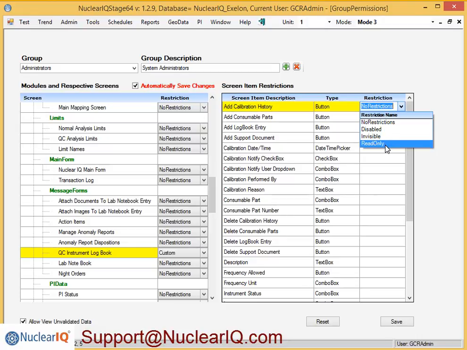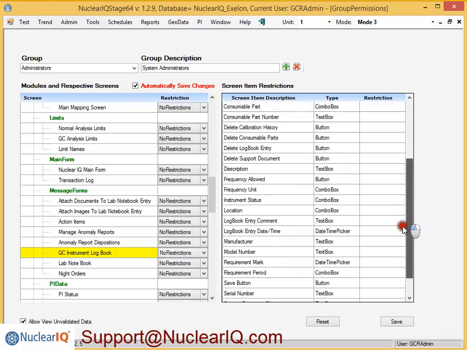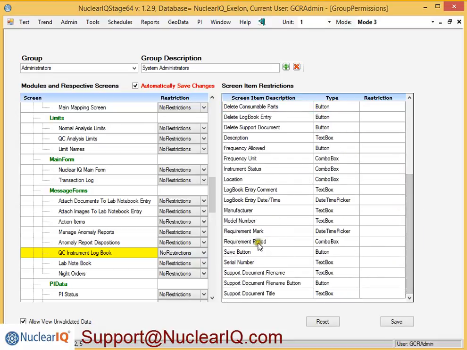So this is how you can say, I will allow someone to enter in a calibration history, but I'm not going to let them modify, or I'm not going to let them delete histories that are already in the logbook. So you can control the things that are going to be allowed within the logbook through this admin group settings. And because they are very extensive, you can personalize your logbooks and rest assured that the data that's there is still valid the next time you come back. So that is instrument logbook setup